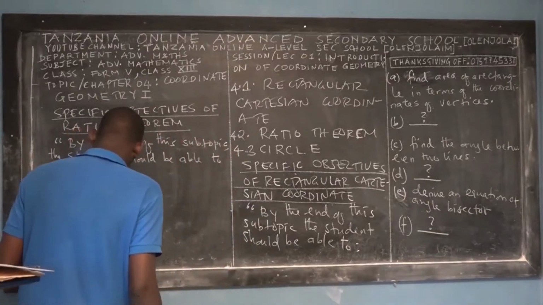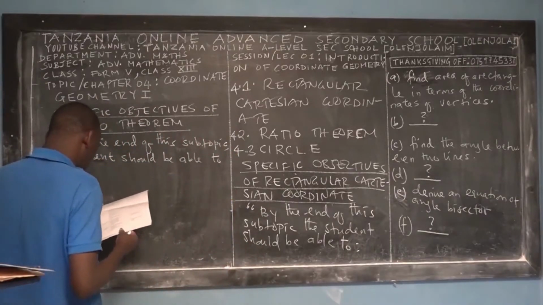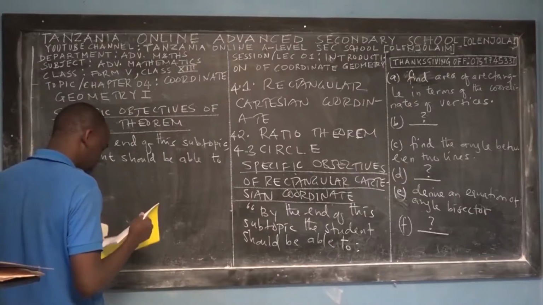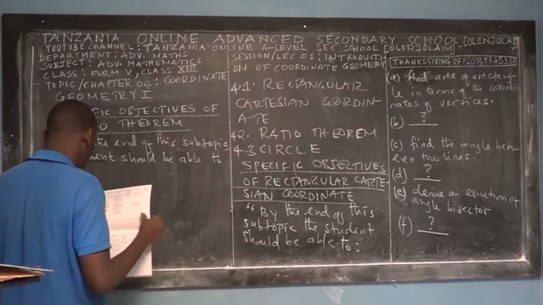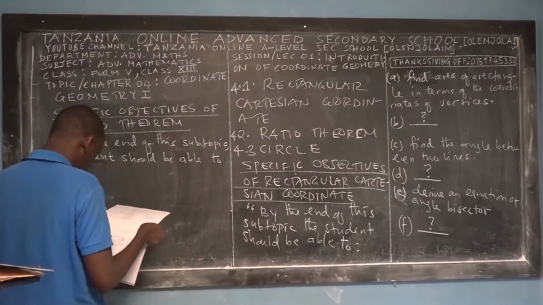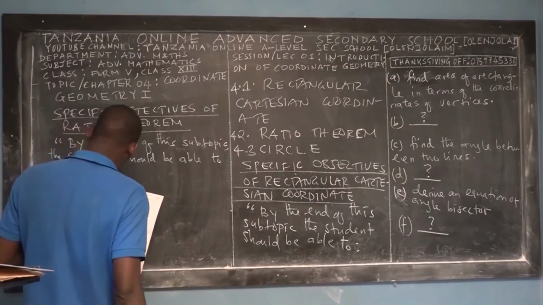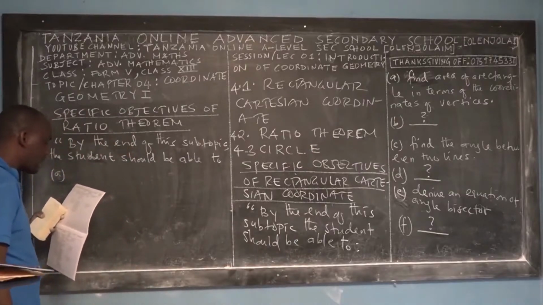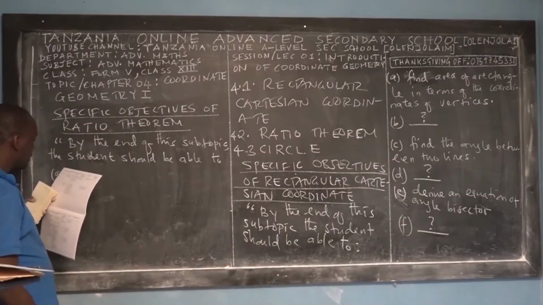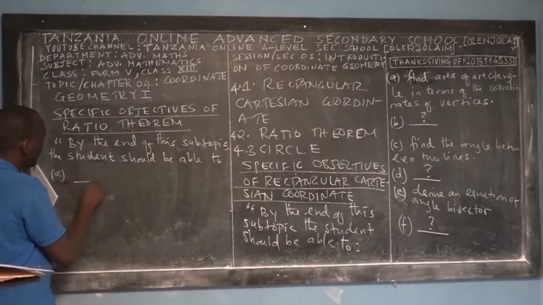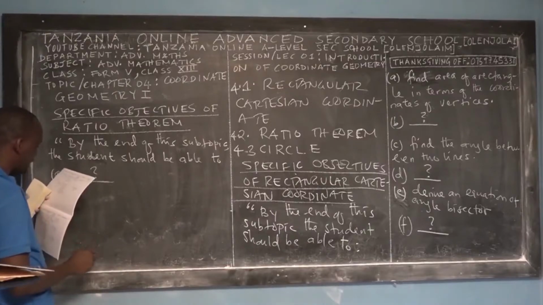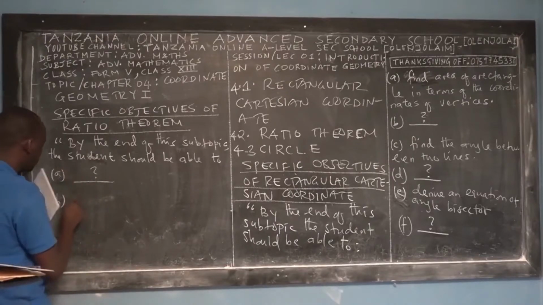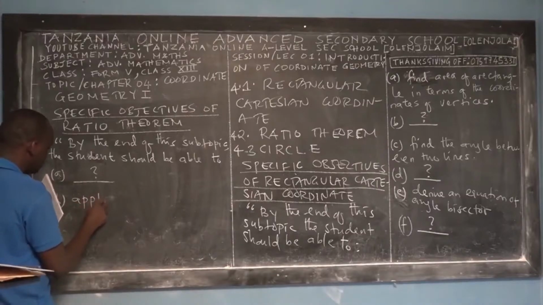Now let us count the specific objectives that the student has to achieve at the end of ratio theory. There are 2 specific objectives. I'll leave the first one blank, and then mention the second one. By the end of this subtopic, the student should be able to apply